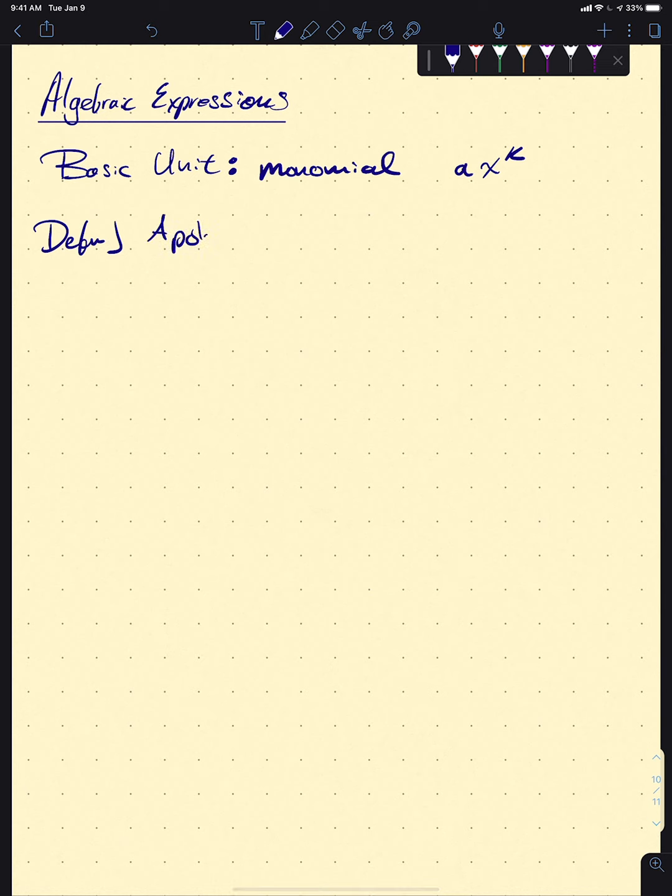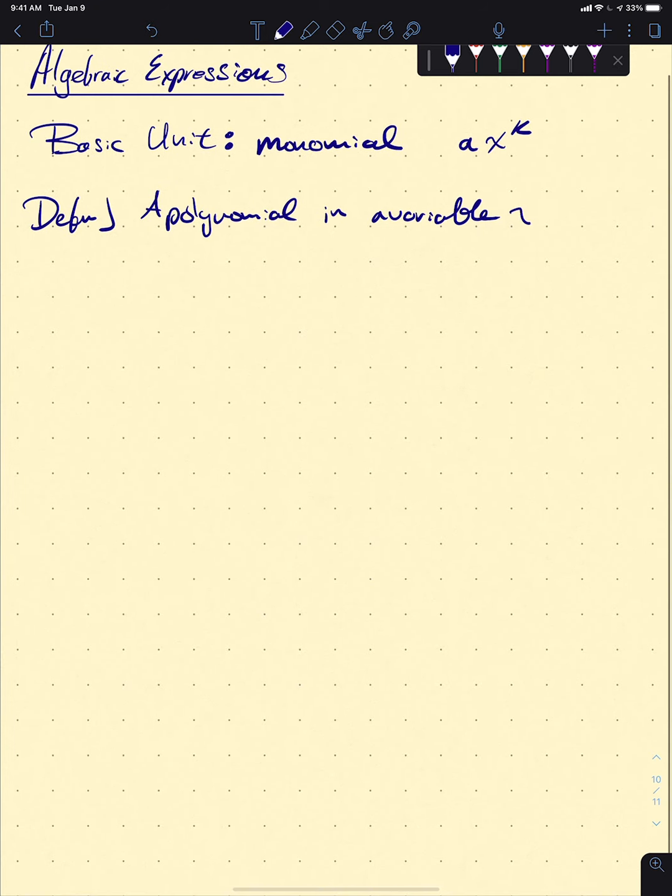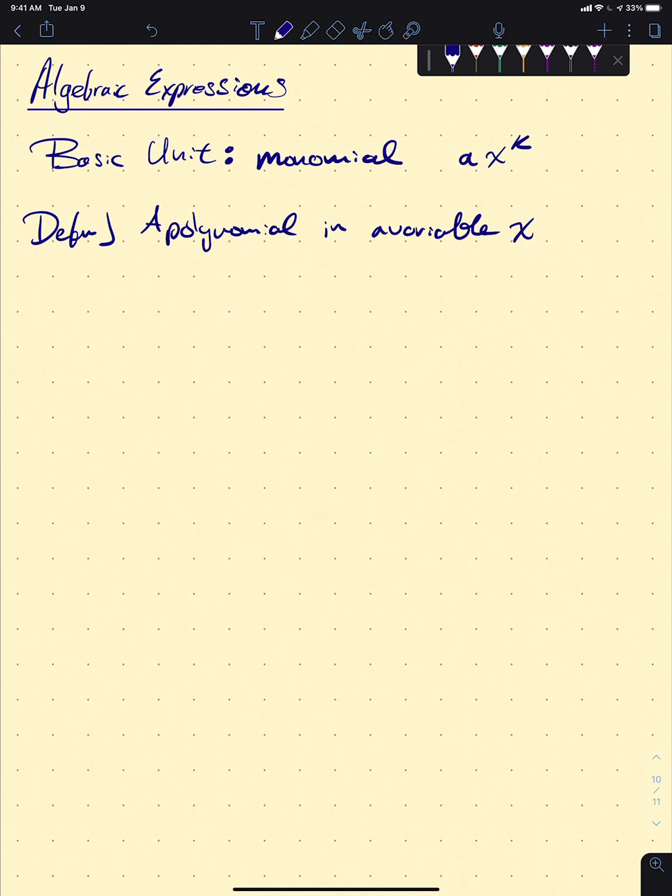But polynomials are always, as we say, in a particular variable, right? There's this unknown component of these monomials, and we say that it is a polynomial in a variable x, right? So you might have a polynomial in x, a polynomial in y,